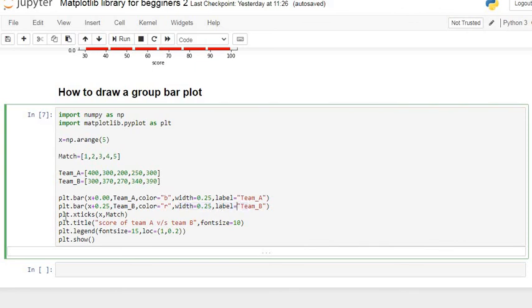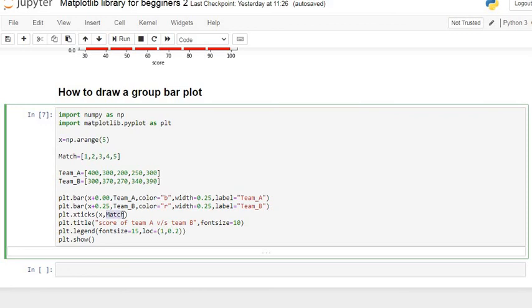I specify the x-axis ticks using plt.xticks. Here I specify the x labels equals to match, that is the total matches. We have 5 matches, so that's why we get 5 total bars in our bar plot.